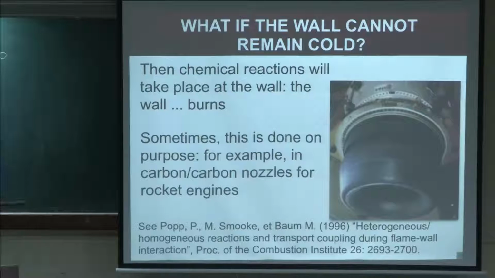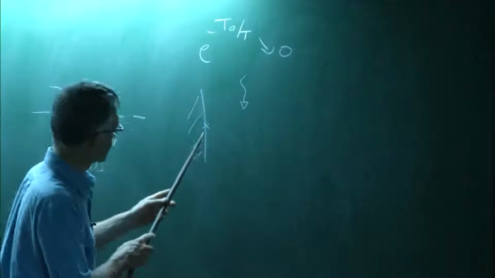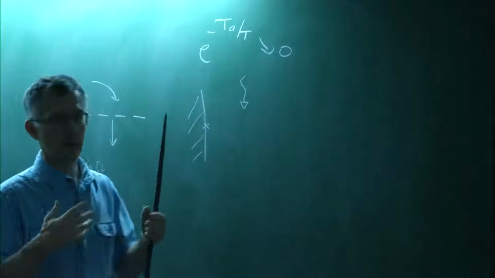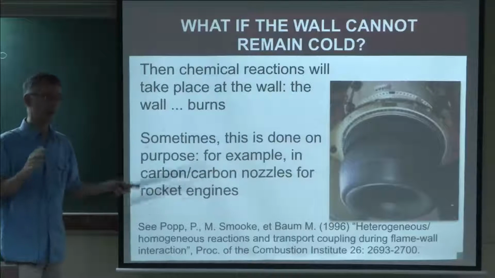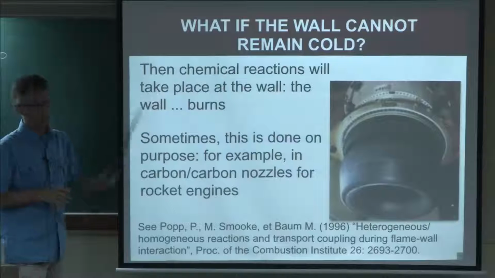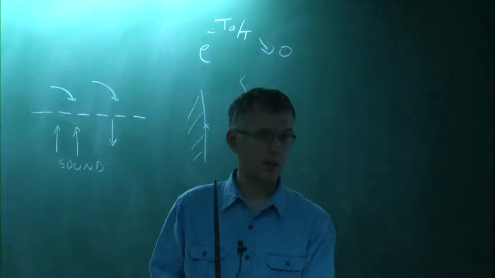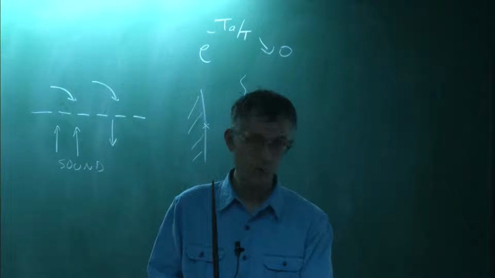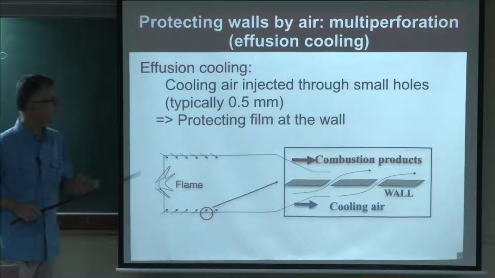The main problem is that, as you have seen, we already have problems describing combustion in a gas. So combustion on a surface using catalysis is even more complicated, so I will not describe these things in this talk. I will stick to the cases where the walls remain sufficiently cold that you don't have to worry about catalytic reactions on them. So the walls are going to be handled like inert surfaces, doing nothing from the chemical point of view.